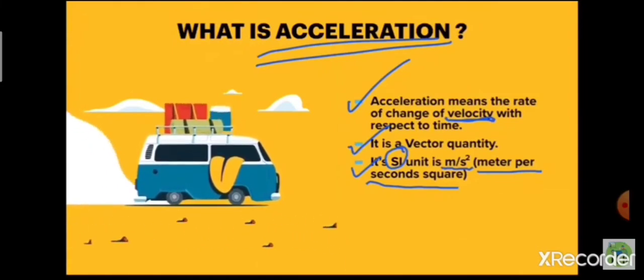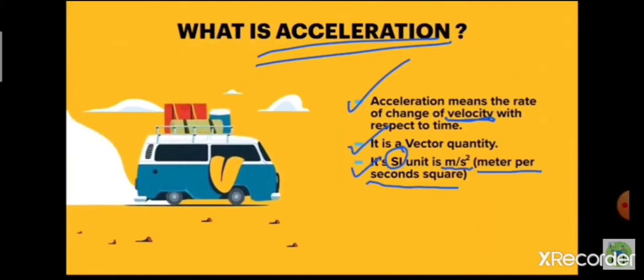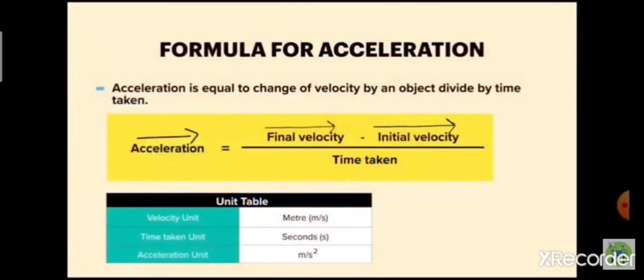So now let us come to the formula for acceleration. Acceleration is equal to the change of velocity of an object divided by time. This was already explained in the definition of acceleration. It is equal to the change of velocity. Change means difference. So down in the yellow box you can see acceleration equals final velocity minus initial velocity. It means that we have two velocities. The velocity means speed. Suppose, for example, the speed of the car initially, in the starting, was 2